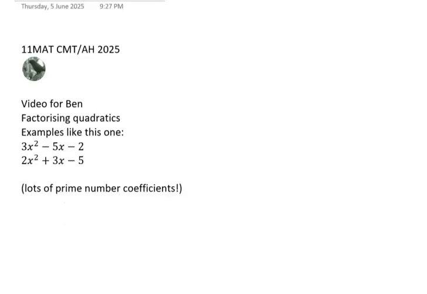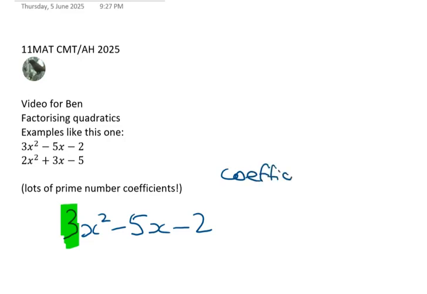Okay, so I've started off with 2 here. So the first one I'm going to look at is 3x squared minus 5x minus 2. So what I want you to notice when you see a quadratic is, first of all, we're going to look at what we call the coefficient on the x squared term. Right, so coefficient is the number that's sitting here, right? And sometimes in class you will have heard me call that a,